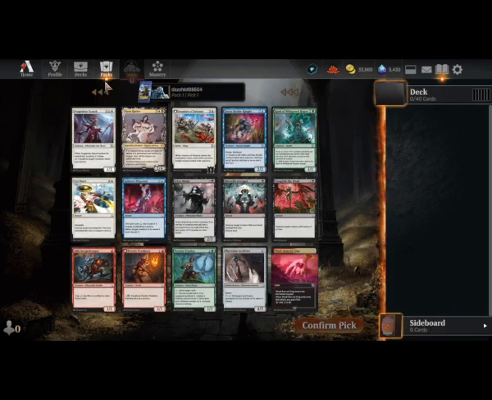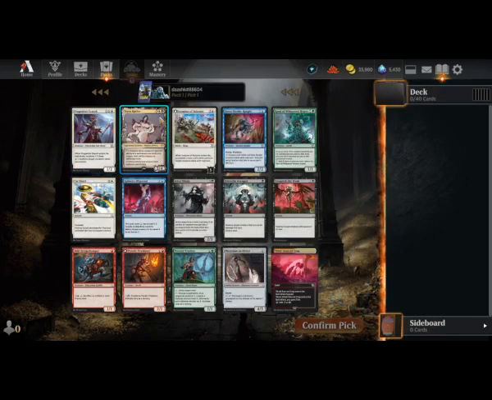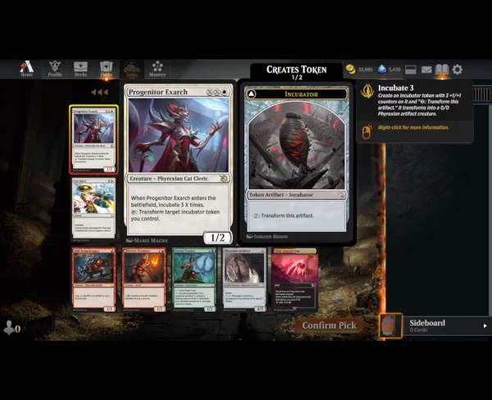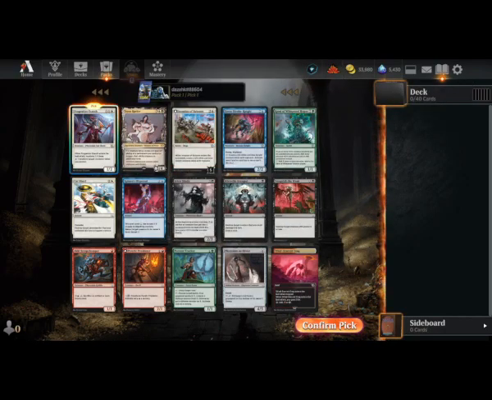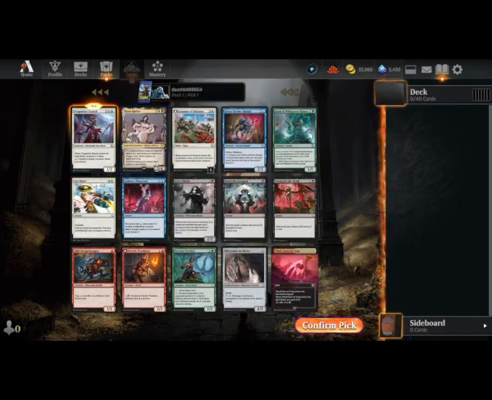Okay, I am rare drafting. So we have the Progenitor Exarch. When it enters the battlefield, incubate 3 X times. It can tap to transform target Incubator token. Yeah, that seems all right. I prefer the set rare to any of the others for collection purposes. Tezzeret Karlov is quite good, but